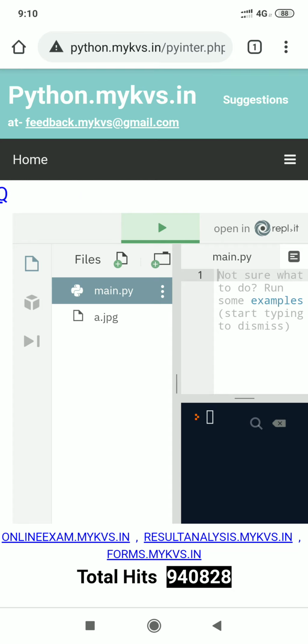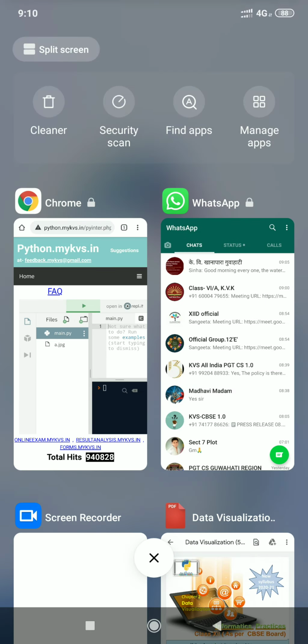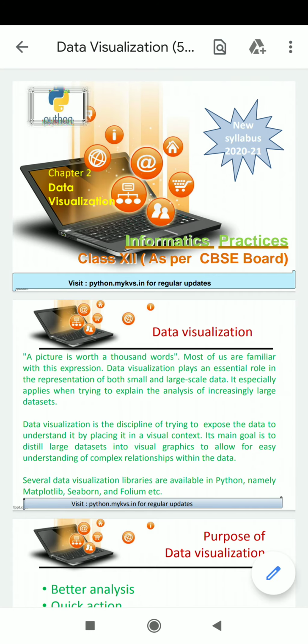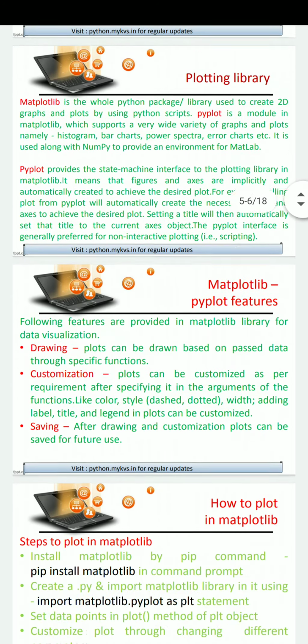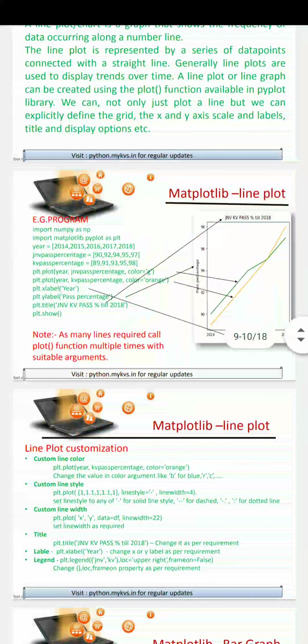Now write the code to display or visualize data. So I use these codes for the same purpose, which I have taught you yesterday, how to display.